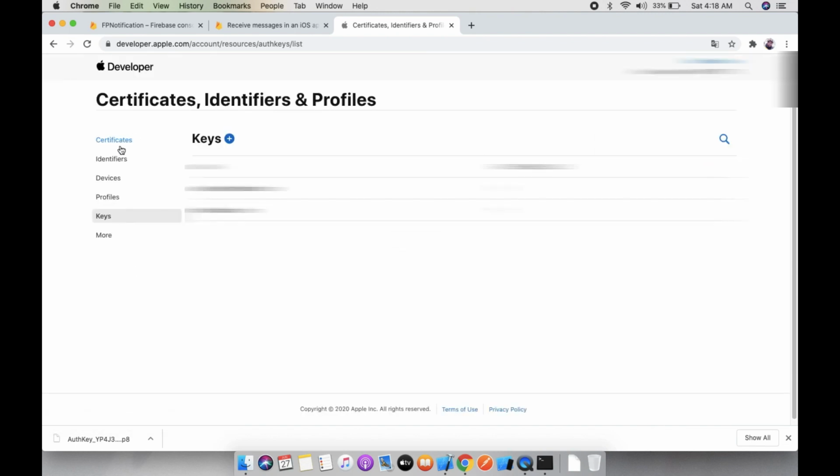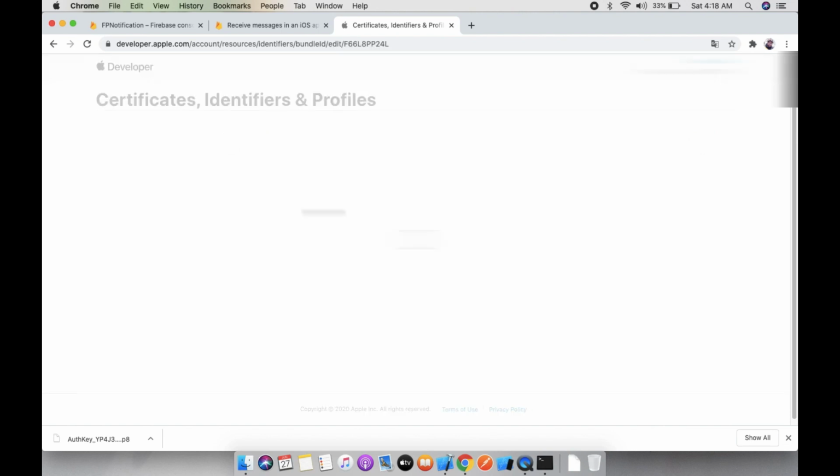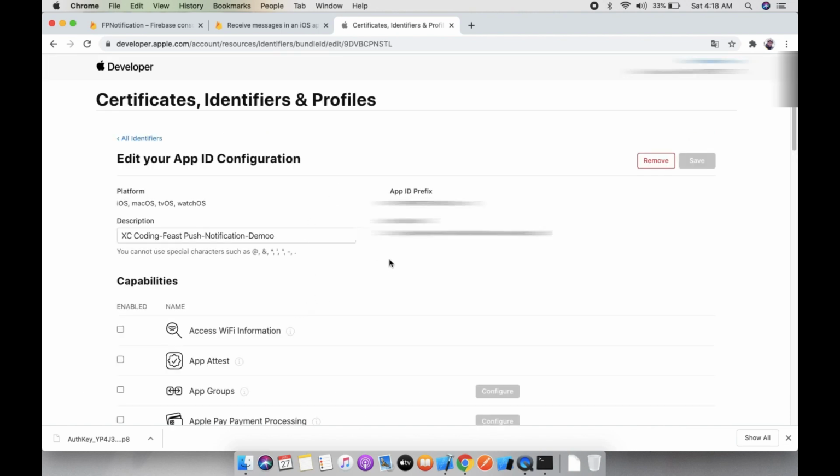So let's click on identifier, and now all the identifiers which your project is connected to in this Apple account, so you can select your bundle identifier. So my bundle identifier is this, so let's click on this, and you can see the team ID.